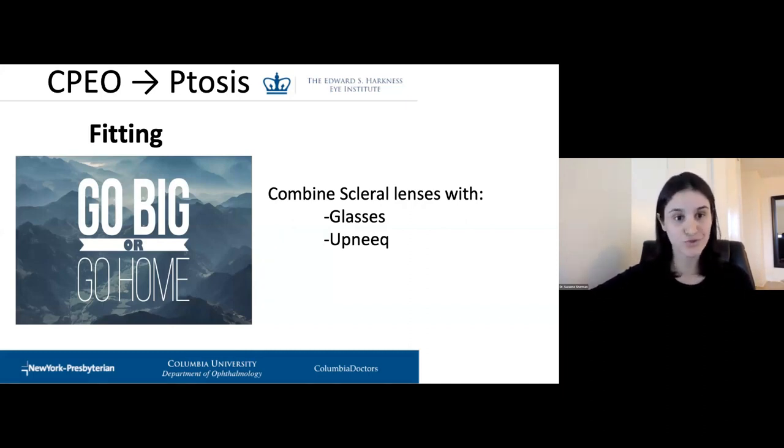When we walk down the street, wind comes, dust comes. She doesn't have what you and me have, where we can quickly move our eyes to protect ourselves. So we want to protect the cornea, the entire cornea. So we're going big. Then she has extreme dry eye. So we want to give her a large fluid reservoir to help with the